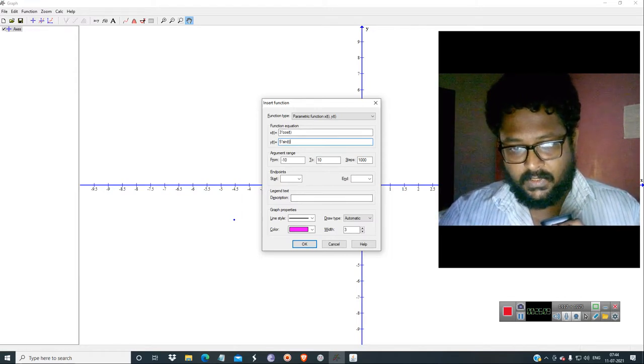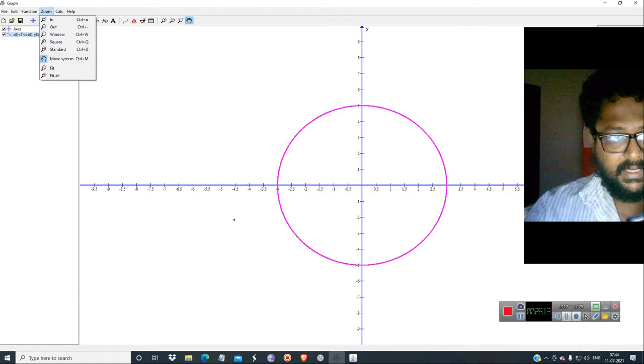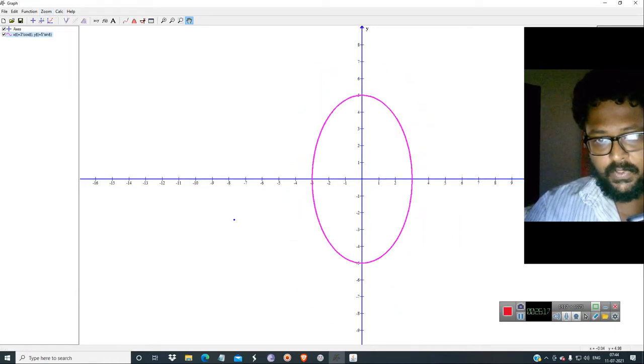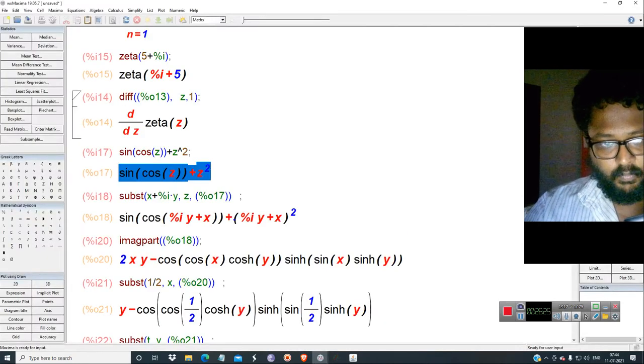Okay, and you just draw it to the square, zoom to square. It has a major radius of 5 and minor radius of 3. So now I'm going to substitute this inside this function.